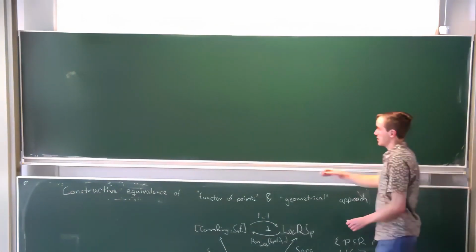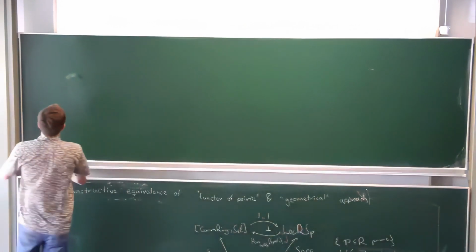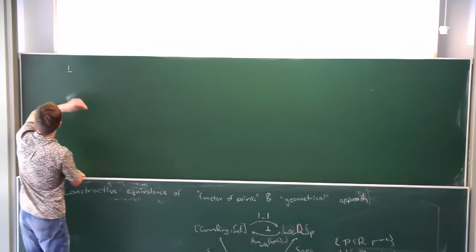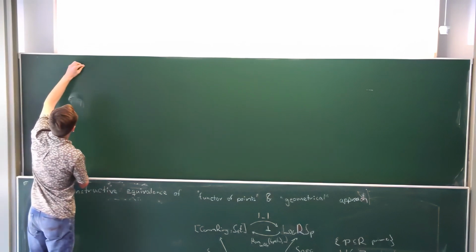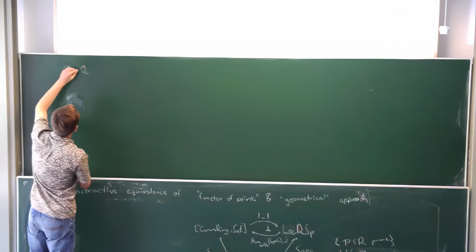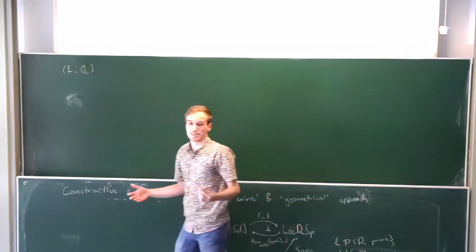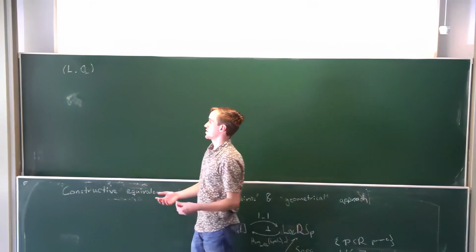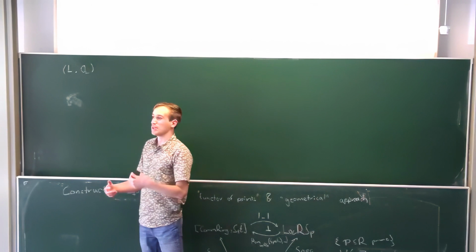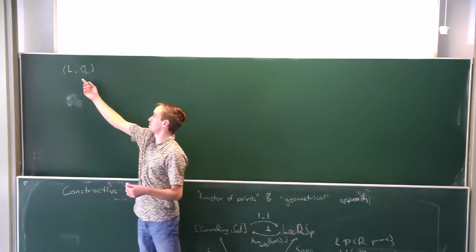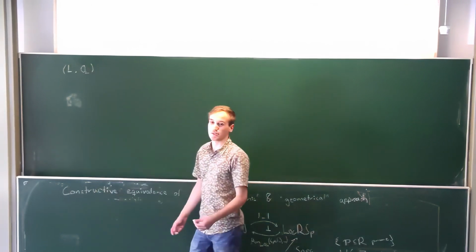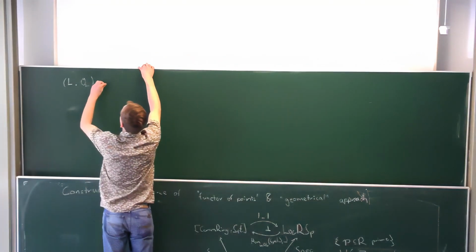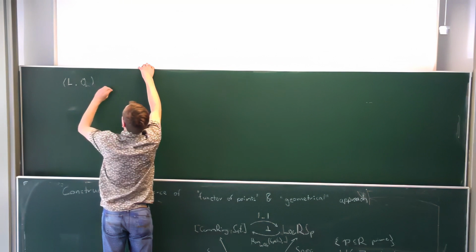So what is a locally ringed lattice then? We have a lattice L and a sheaf O_L. I didn't really say what a sheaf on the lattice is, but it's a poset, so we know what a presheaf on that is, and it has finite joins. So for the sheaf property, we only look at finite joins. It is locally ringed if